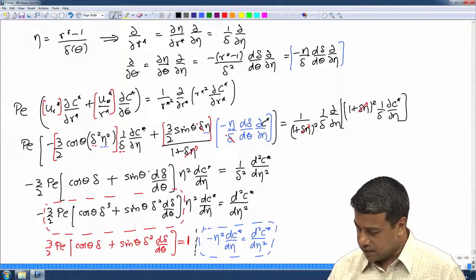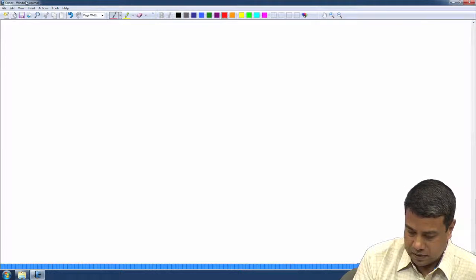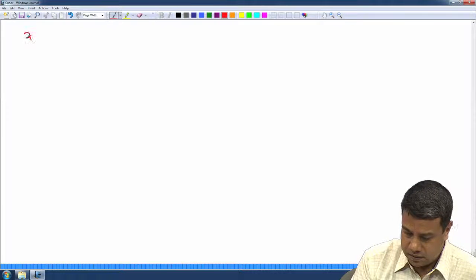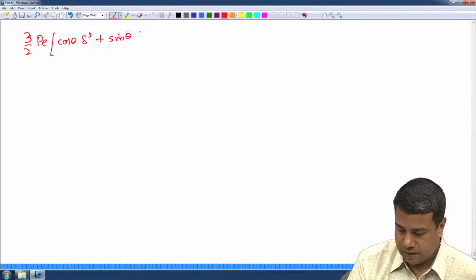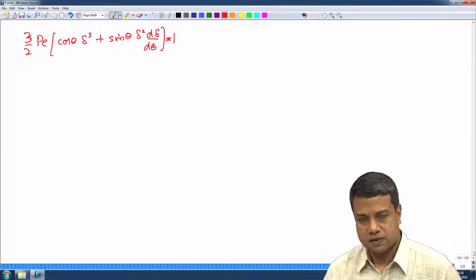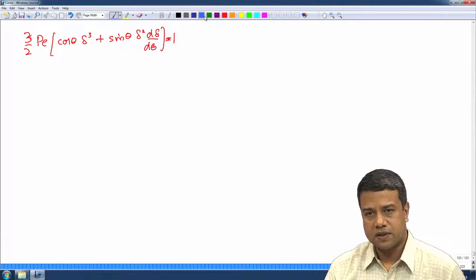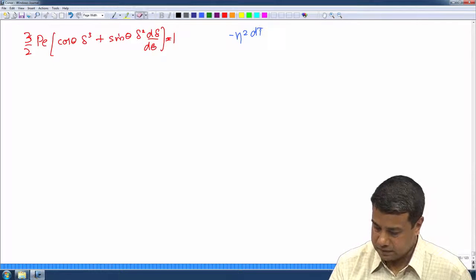So, we now have to solve these two equations. The first one is 3 by 2 Peclet number into cos theta delta cubed plus sin theta delta square d delta by d theta is equal to 1. So, that is the equation for the boundary layer thickness. The second equation is for the temperature field in terms of the similarity variable, minus eta square dc in this case